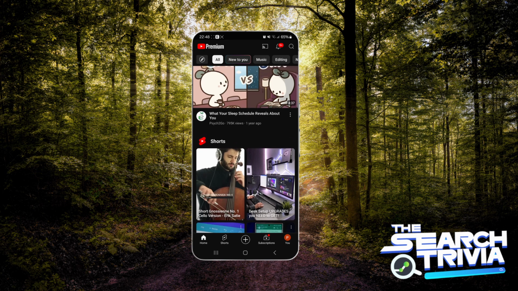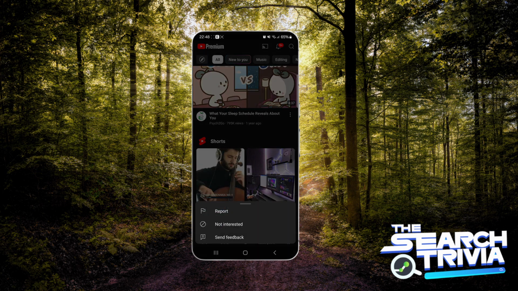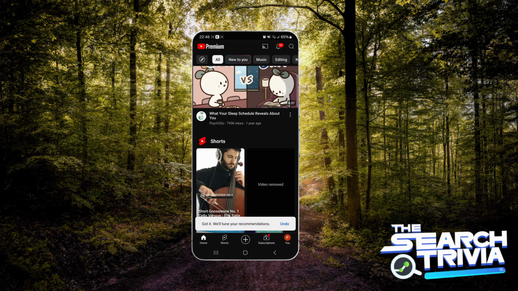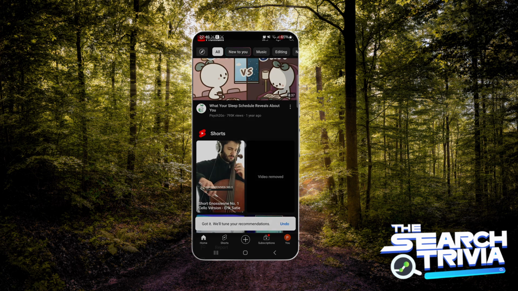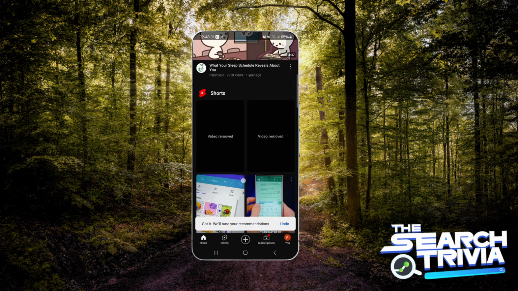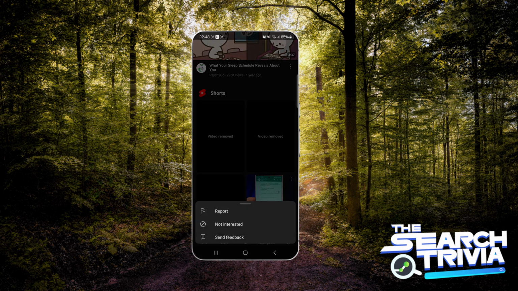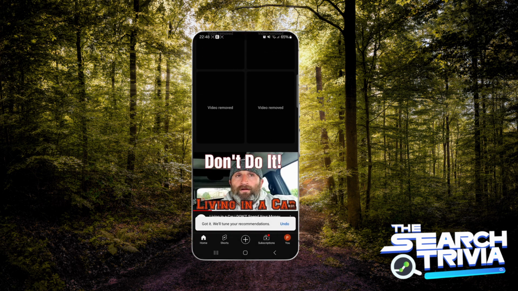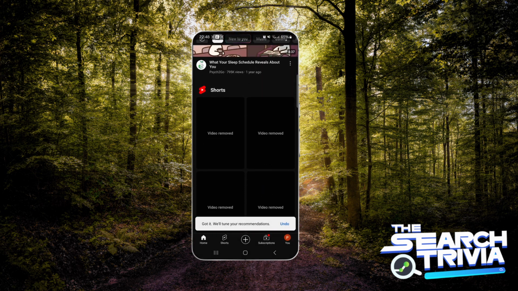And then what you want to do is click on these three dots here on the top right hand corner of one of the Shorts and tap Not interested, and then make sure you do that for all of them. So I'm going to remove them all, and now the Shorts are not going to show up for a